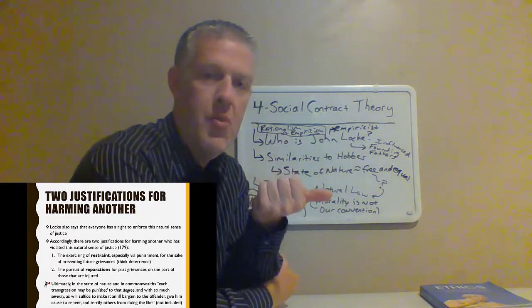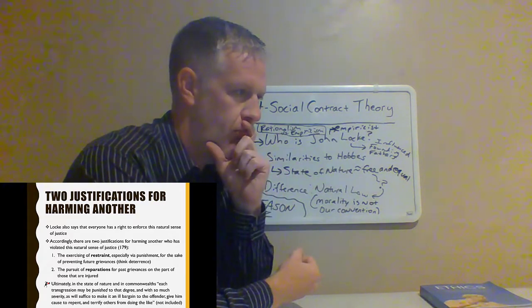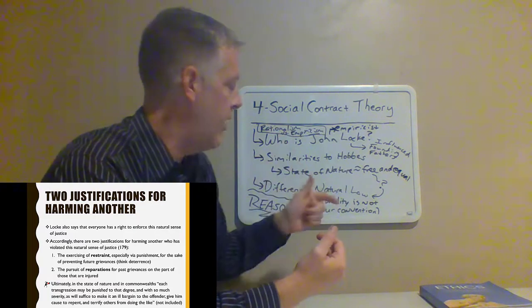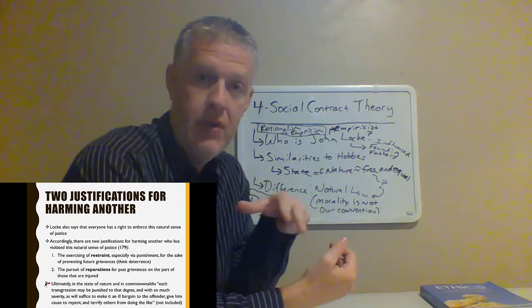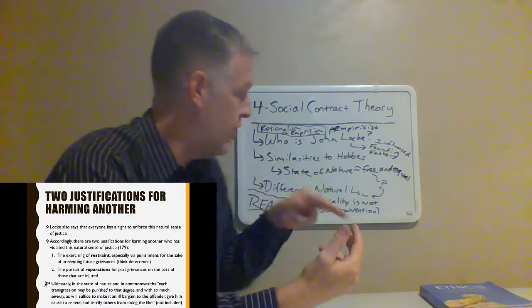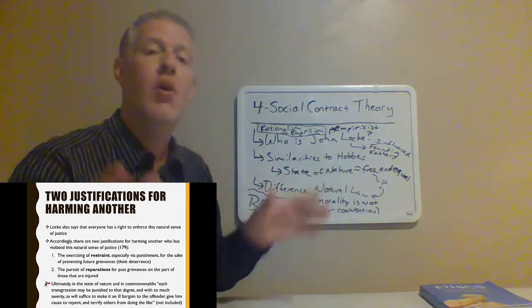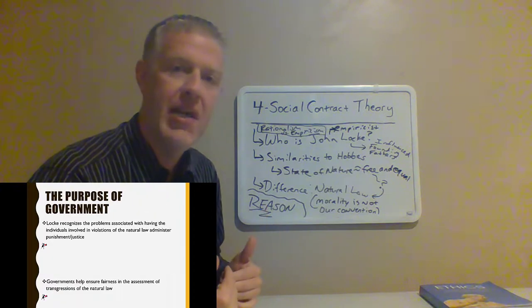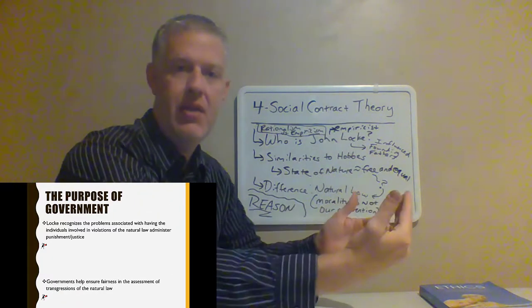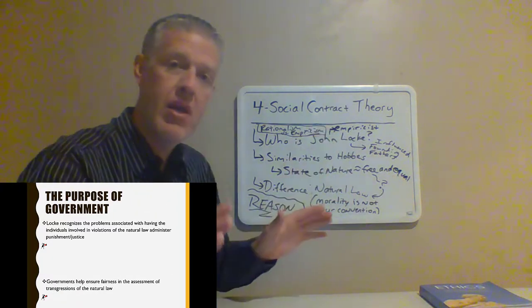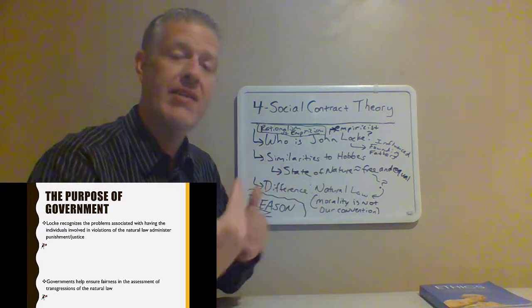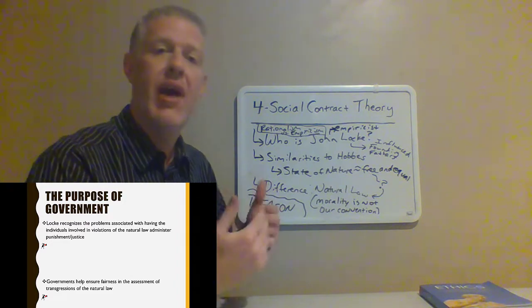Our ability to interpret it, judge cases where there's been violations of it, and then enforce punishments when there's been violations of it. Our ability to do all those things is hampered in the state of nature. And so we still have things to gain by getting out of the state of nature. It's not as dreary and bad as Hobbes suggests. We don't have as much to gain as Hobbes suggests, Locke says, but we still have a lot to gain